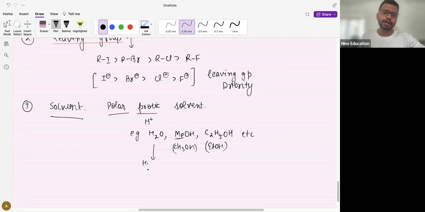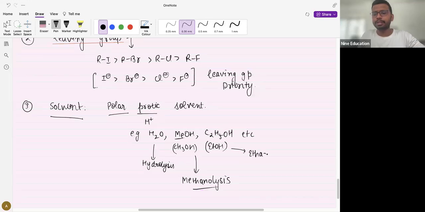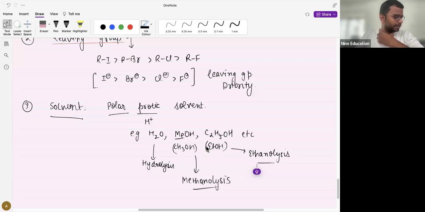अगर वाटर को यूज करते हैं उसको हम हाइड्रोलिसिस बोलते हैं. That reaction is known as hydrolysis. If methanol is used, it is known as methanolysis. है ना. मेथेनॉल को यूज करते हैं तो इसको मेथेनोलाइसिस कहते हैं. अगर EtOH को यूज करेंगे तो इसको इथेनोलाइसिस कहेंगे. है ना. वाटर का यूज करके रिएक्शन करते हैं, you all know it is known as hydrolysis. With water reaction, with methanol it is known as methanolysis. Simple it is. Done. Fourth one